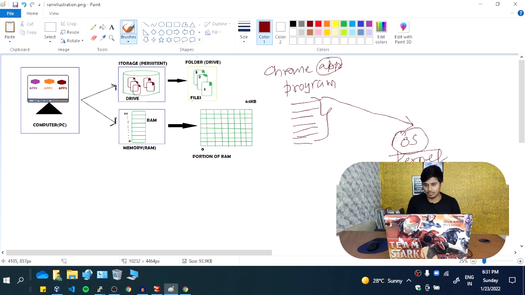So what the kernel does is, in the RAM, this is a RAM, it allocates some memory to this program. What this operating system will do is take this program from here and put it in this RAM. At that time, this is known as a process.